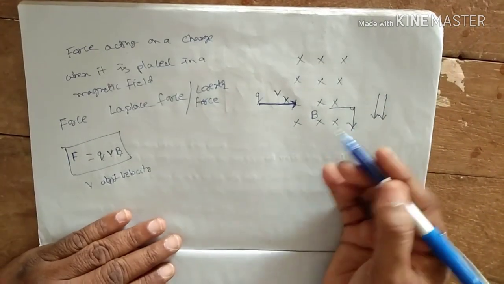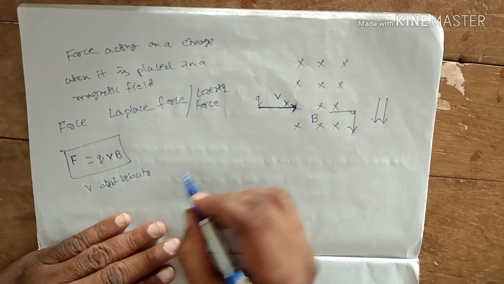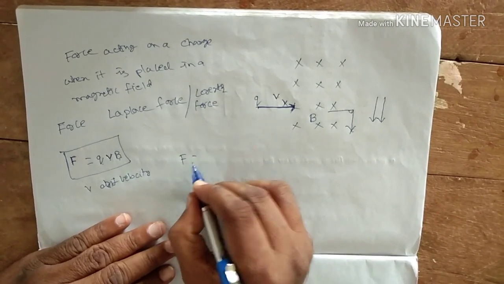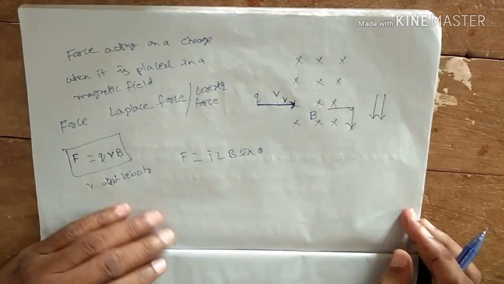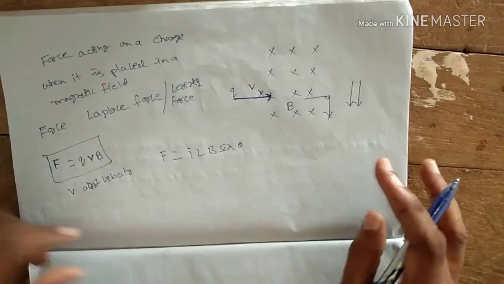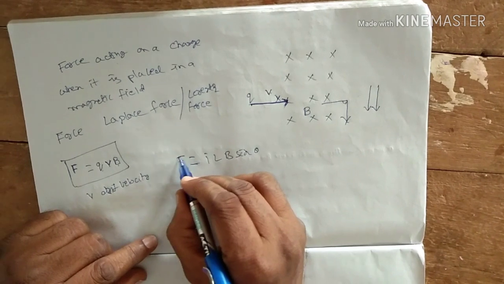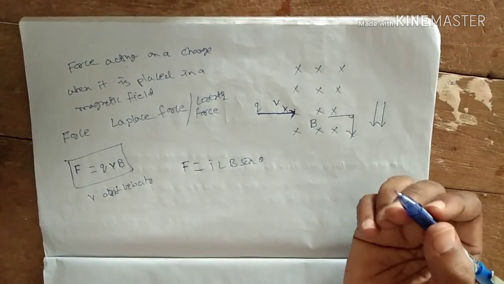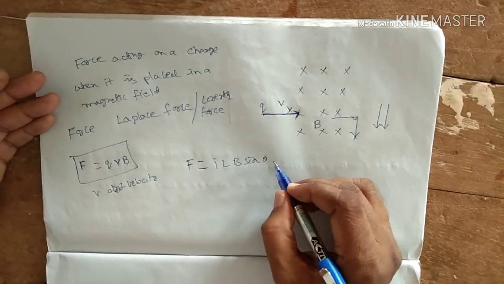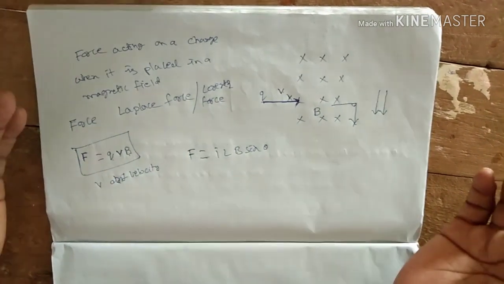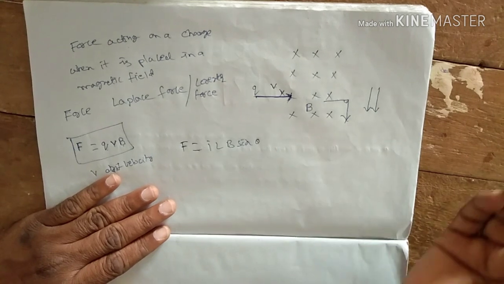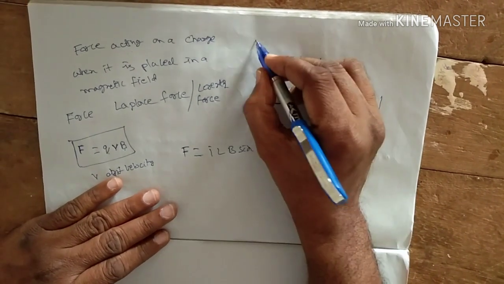Again, when there exists some angle, from this only we will calculate further: F is equal to ILB sin theta. Let me make it clear, because many of our friends may have a particular confusion or face difficulty in deriving F is equal to ILB sin theta. Why? Because this makes us proceed towards the functioning of one of the famous branches of physics,